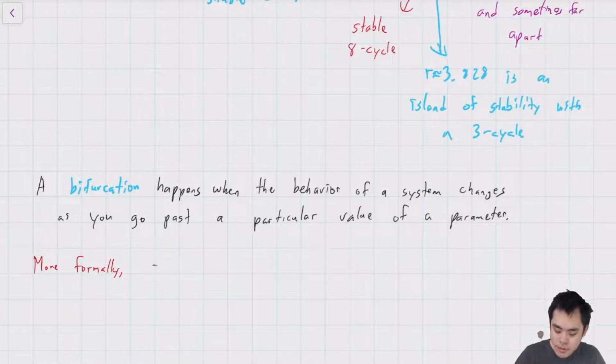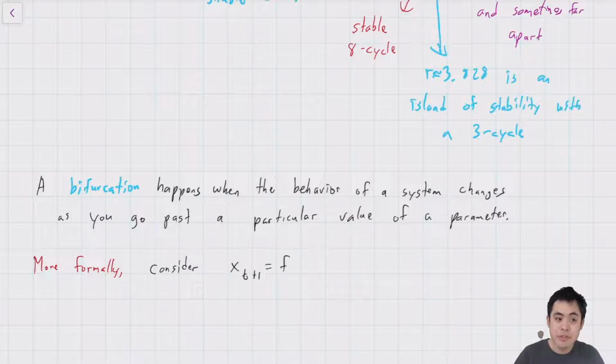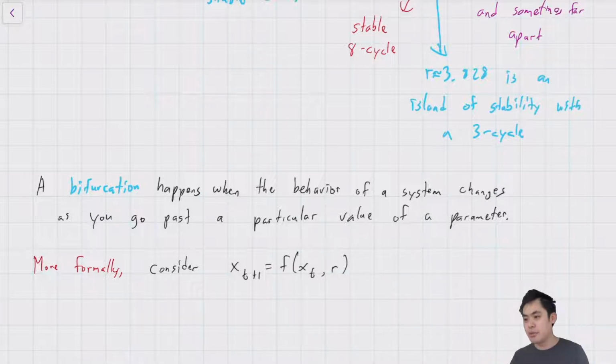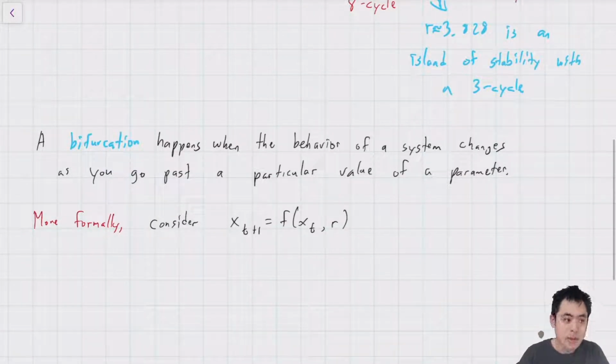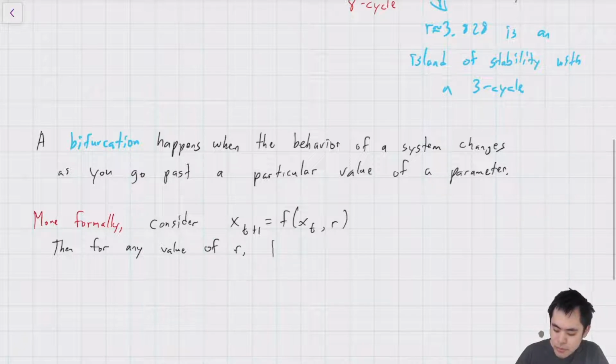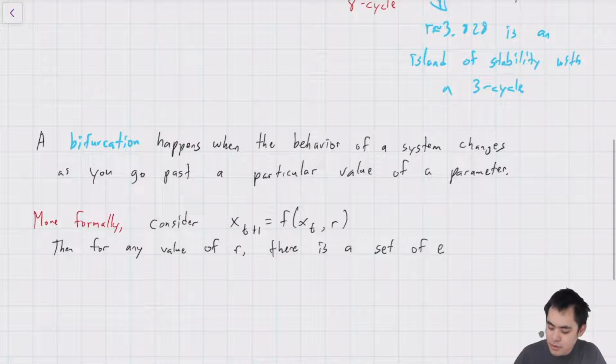So more formally, consider a function x_{t+1} equal to, instead of just f of x_t, a function of two things: your x_t, so your trajectory, as well as this parameter r, which is going to be constant for any particular difference equation, but we're going to be interested in varying that parameter r. Then for any value of r, there is a set of equilibria